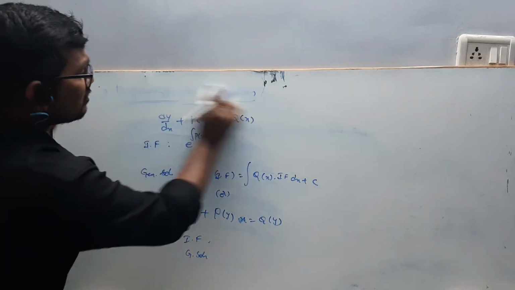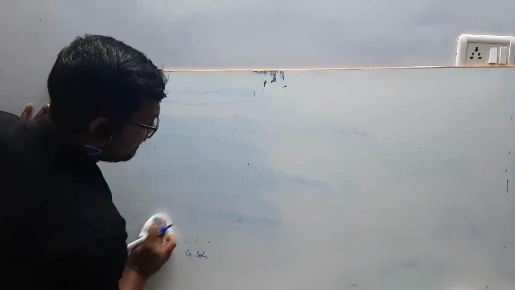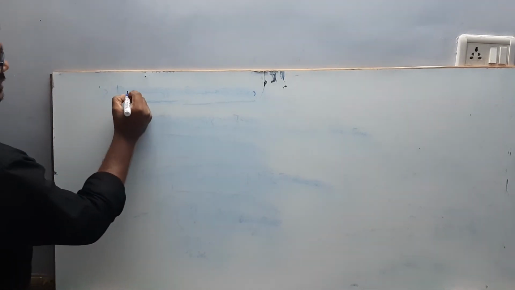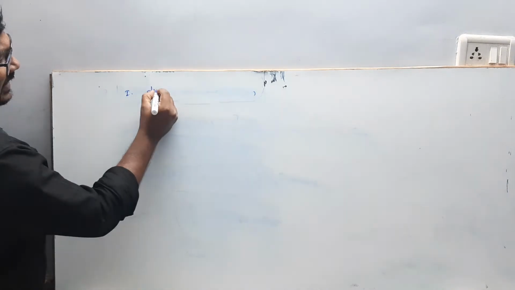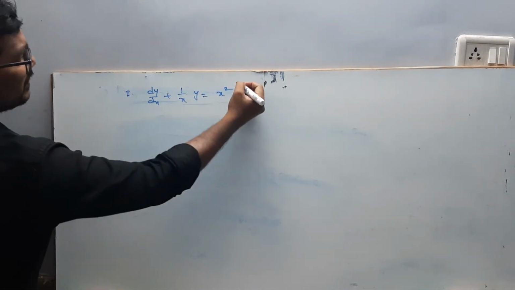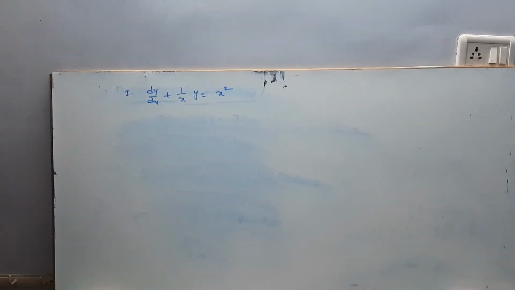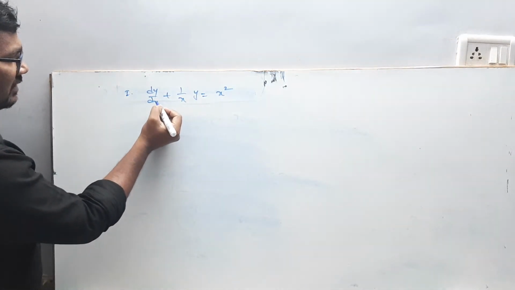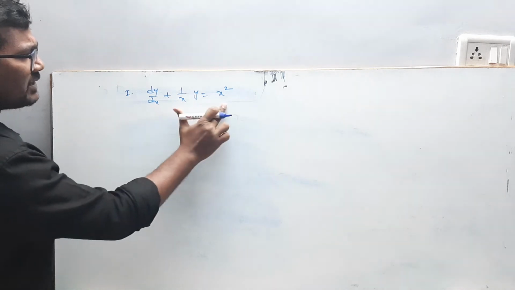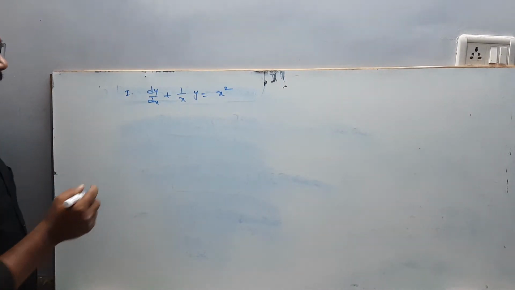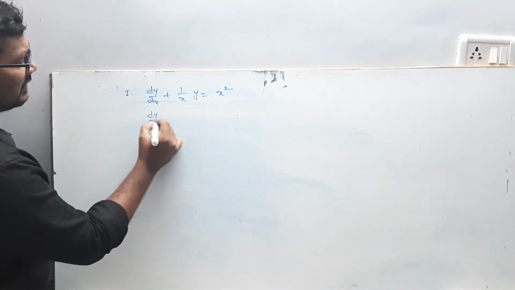So that is how the linear differential equation will be. Now the question is, okay fine, how to solve this type of linear differential equation, right? So there is a certain question number 1: dy by dx plus 1 by x into y is equal to x square. When I am writing the exam, hurriedly I look at the question and observe dy by dx is there. Therefore, in the rest of the equation, y appears only one time. Then I recollected, it may be linear. Yes, it is linear.